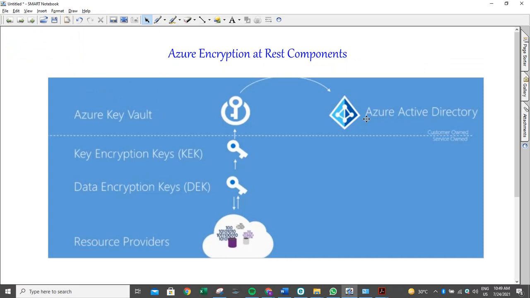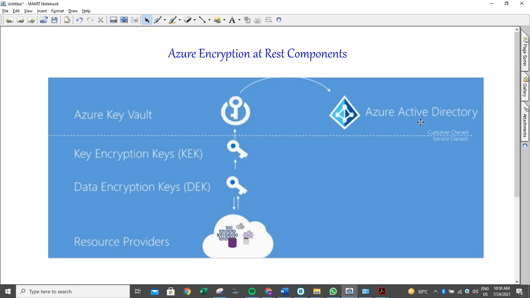So the data which is at rest should be encrypted. The goal of this encryption at rest is to protect the disk, encrypted with a secret encryption key. To do this, we need to create a secure key creation, and we need to store it in a storage, and we have to provide the access control through Active Directory and management of the encryption keys. These are all the things we have to do.